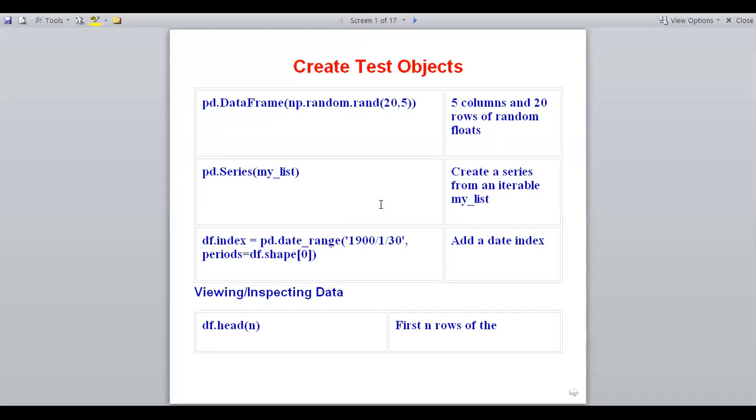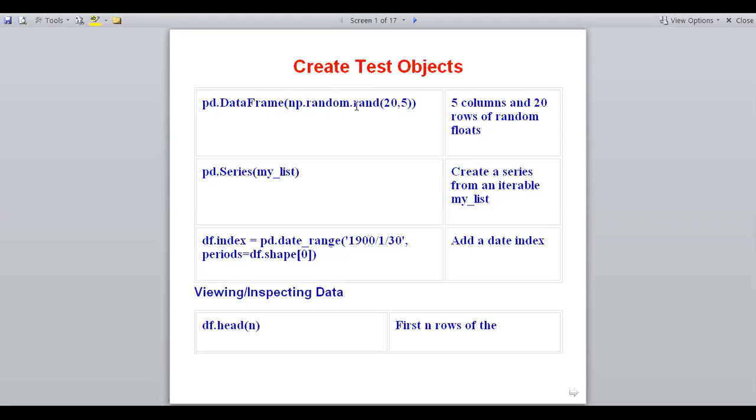So these functions are, first, pd. What is pd? That is the alias name we are using for pandas. pd.DataFrame. Now I am also using np.random. So here I am using the random function from numpy and I am creating a data frame. I am using the rand function.